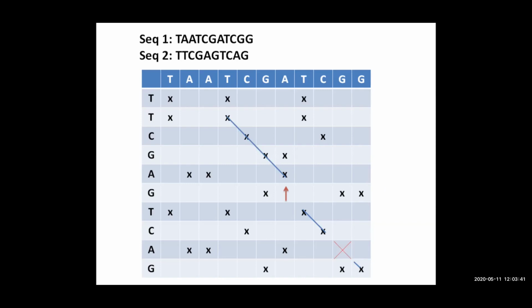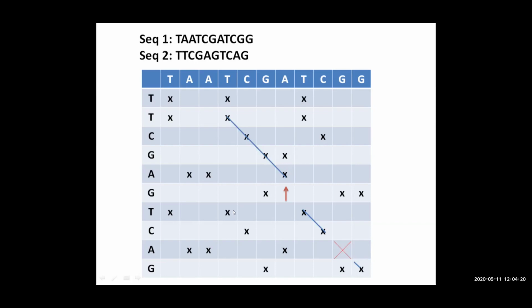Then we will diagonally join the dots wherever possible. And we will see where we find the longest straight line by joining the dots. Okay, so diagonally we will join them and we will try to find out where we are getting the longest straight line by joining the dots.